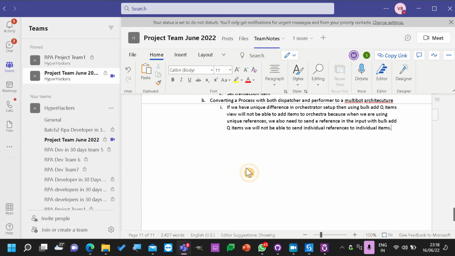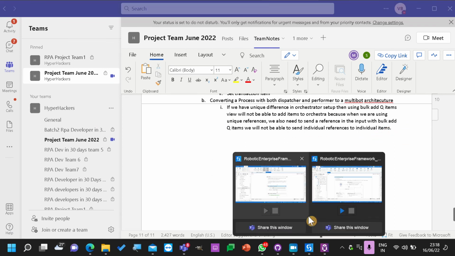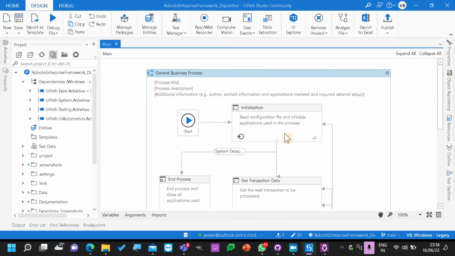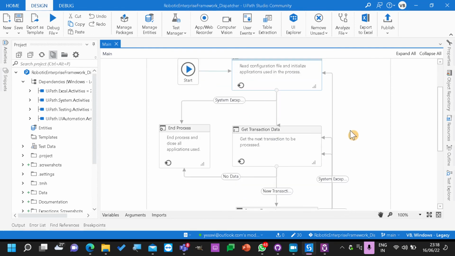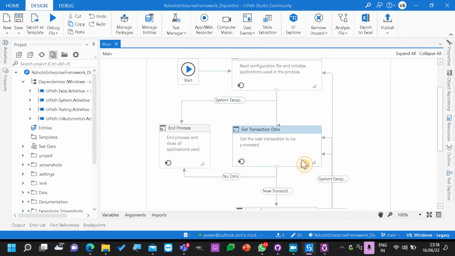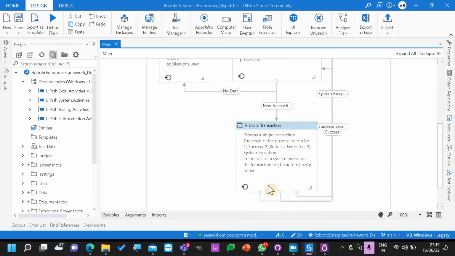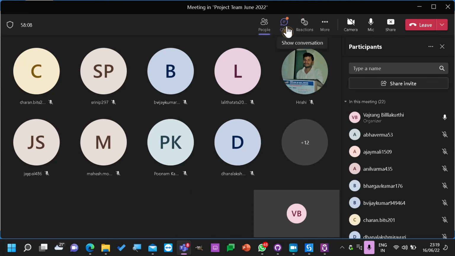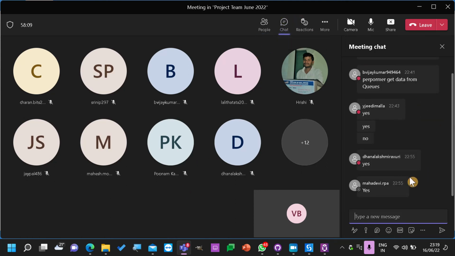Okay. Now there is one single thing that we are missing over here. Here I clearly mentioned we can just use a for loop and add items to the orchestrator queue. Then why do we need REFramework? Sophisticated REFramework with all the exception handling, get transaction data, process transaction data. Why do we actually need it? That is my question. If someone can answer it, then I'll be very happy. Just take 2 minutes, understand why REFramework, and try to answer it.